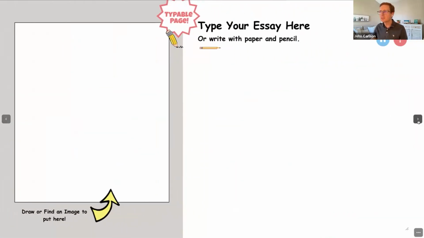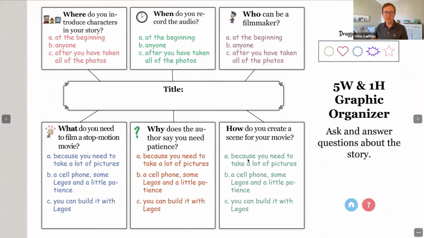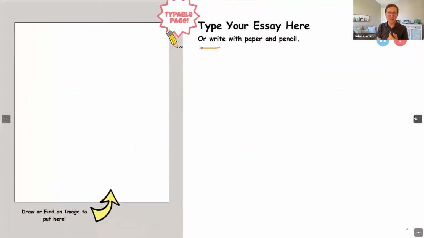Usually there are a couple of different options for graphic organizers. Some teachers find that they only want to use one type of graphic organizer and they skip over some of the others. Totally fine. You do what you need to do. You can also come back to this lesson at a later date and follow up with other graphic organizers that are included there. And then writing.